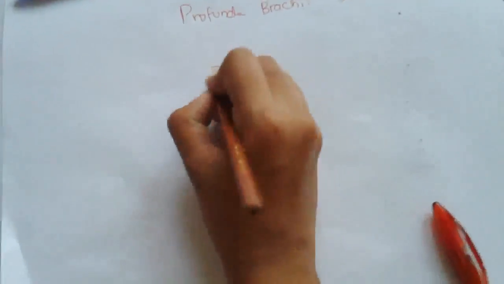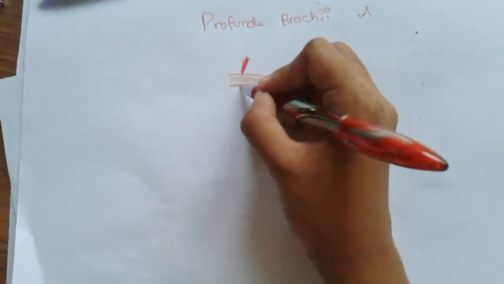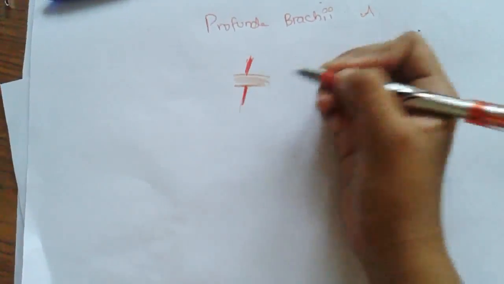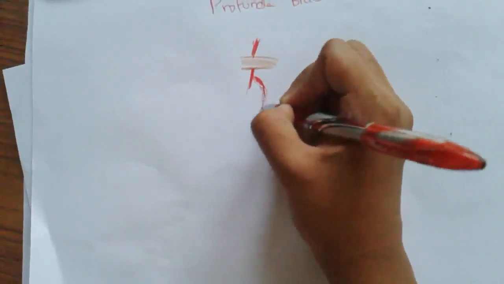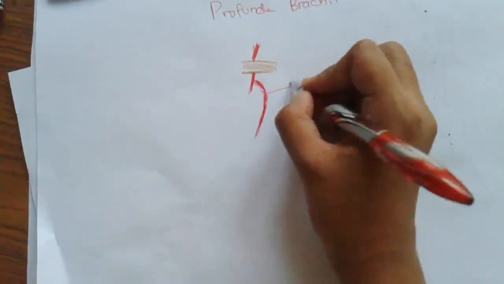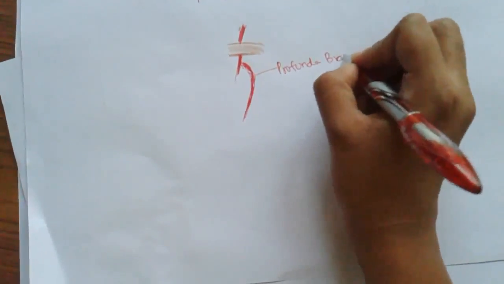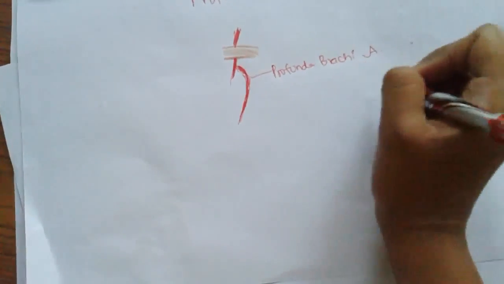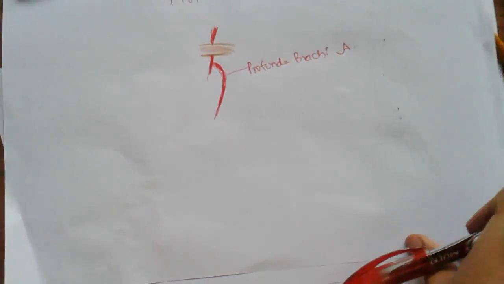So let us see. This is teres major. So this is axillary artery. It continues as brachial artery at the lower border of teres major. And now this brachial artery gives a branch. This branch runs downwards like this, and this is profunda brachii artery. This profunda brachii artery runs along with the radial nerve in the radial groove, as I said, and